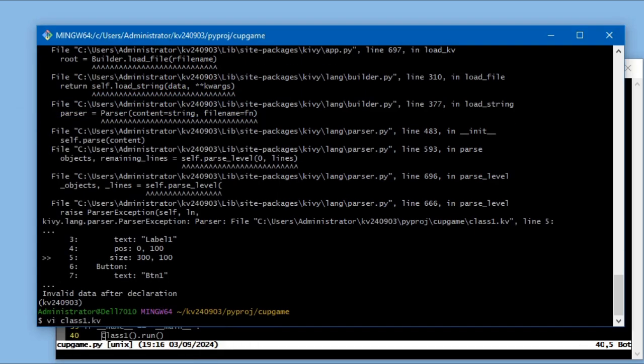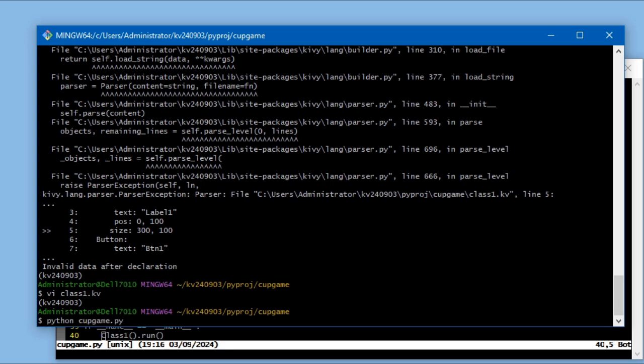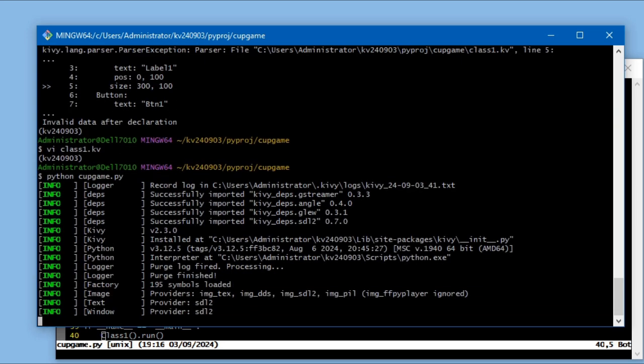okay, so I think this is because we're not using spaces, we're using tabs. So if you do a search on tabs, this needs to be 8 spaces rather than 8 tabs. And so if we now save the file and we run python cupgame.py,